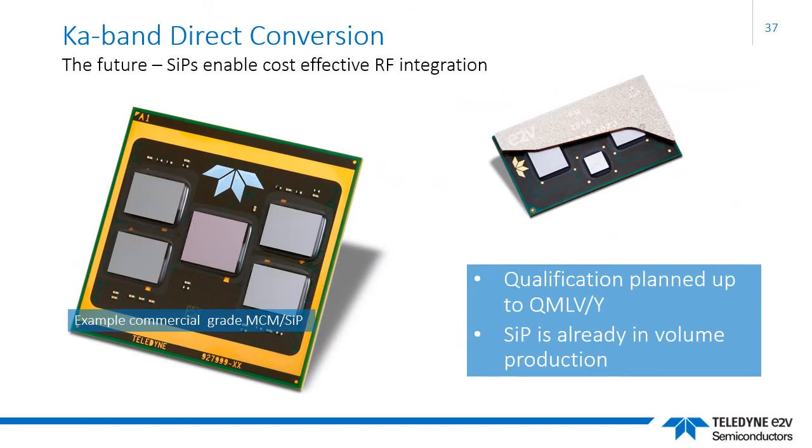In readying SIP technology for market, our customers often raise concerns about SIP's durability and ruggedness. Teledyne E2V have already qualified SIPs to meet the toughest environmental demands, including up to QML-V and QML-Y level for space applications. Equally, you may doubt their mass production scalability. Rest assured, however, such worries are unfounded given that many mobile phone modules have exploited SIPs for over a decade now.